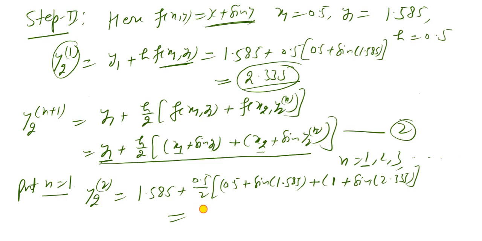Then we obtain the value of y22 is equal to 2.390. Now similarly put n is equal to 2, n is equal to 3, n is equal to 4 and